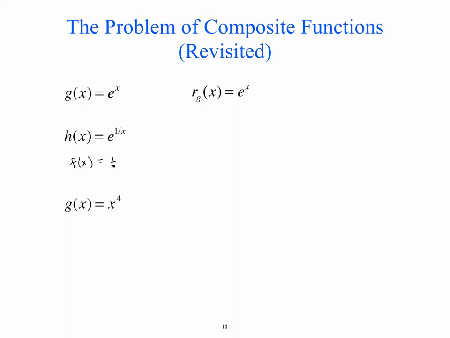My inner function is 1 over x, which in order to find the rate of change really easily, it's helpful to write as x to the negative 1. And then my outer function would be e to the x. So then the rate of change of h should be